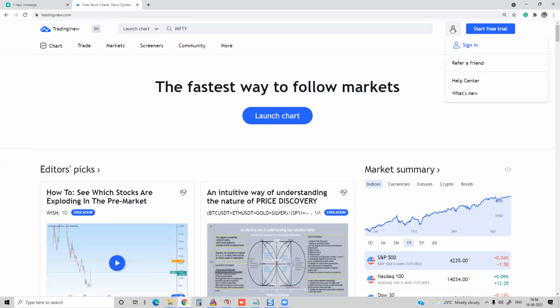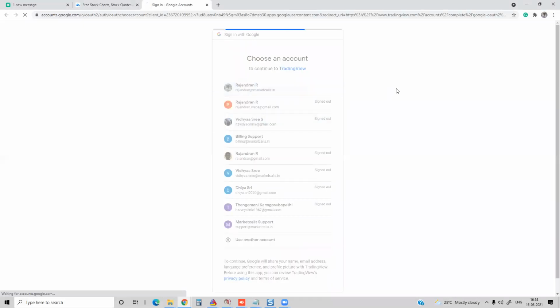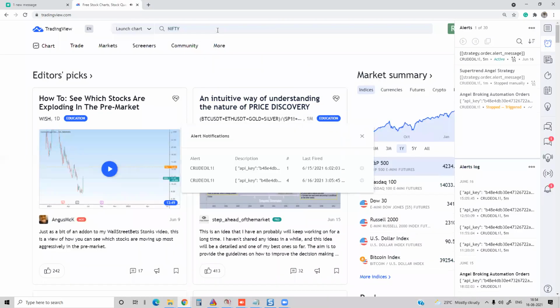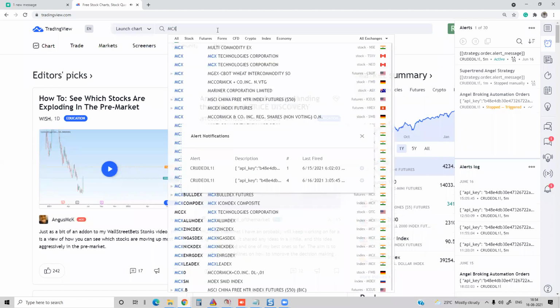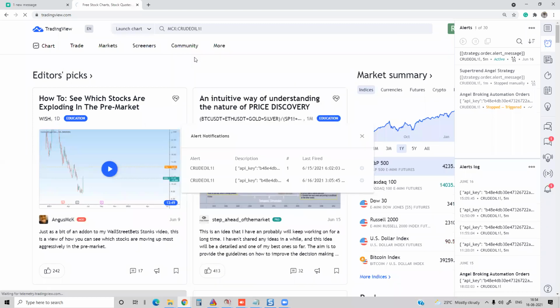I'll sign in first of all, with my Gmail account. I'll go to something like MCX, which is right now running, I mean crude oil. I'll say MCX, and all the symbols in MCX will come in. So click on crude oil. I'll click on the crude oil charts.